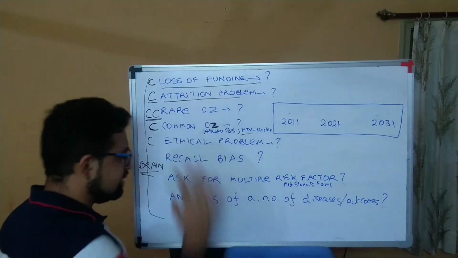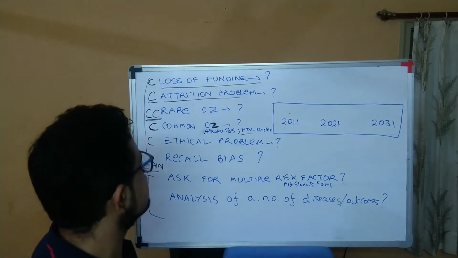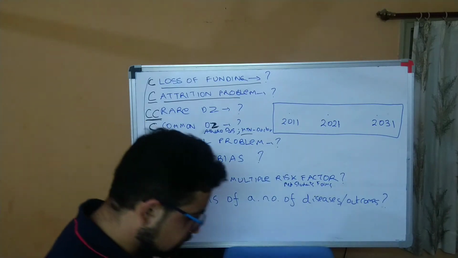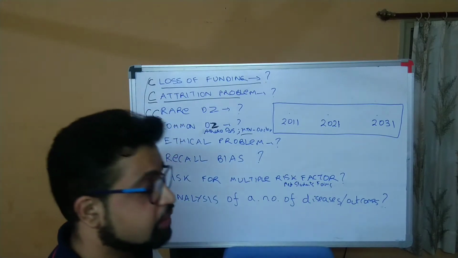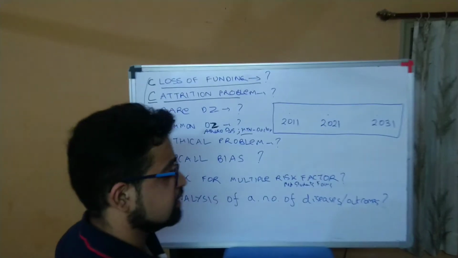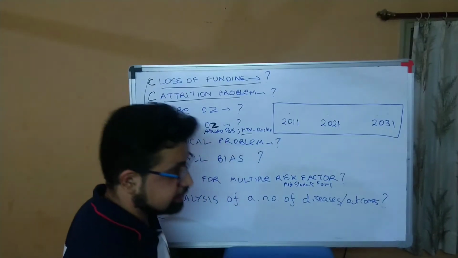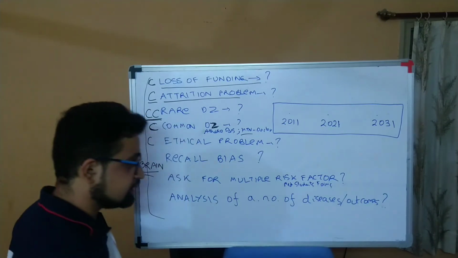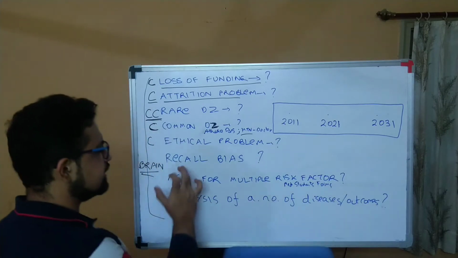You don't need to cram all those things. Just imagine, within seconds you can answer which disease. First of all, you have to go for the ground level approach, right? When would you get recall bias? You only answer: you will be getting recall bias in case control. Why? You are giving the forms. Some might remember. Those who have already developed lung cancer might say, yes, I smoked. Some controls who did not get lung cancer might not remember. There is recall bias; it depends exactly upon the subjects, how much they recall, right?